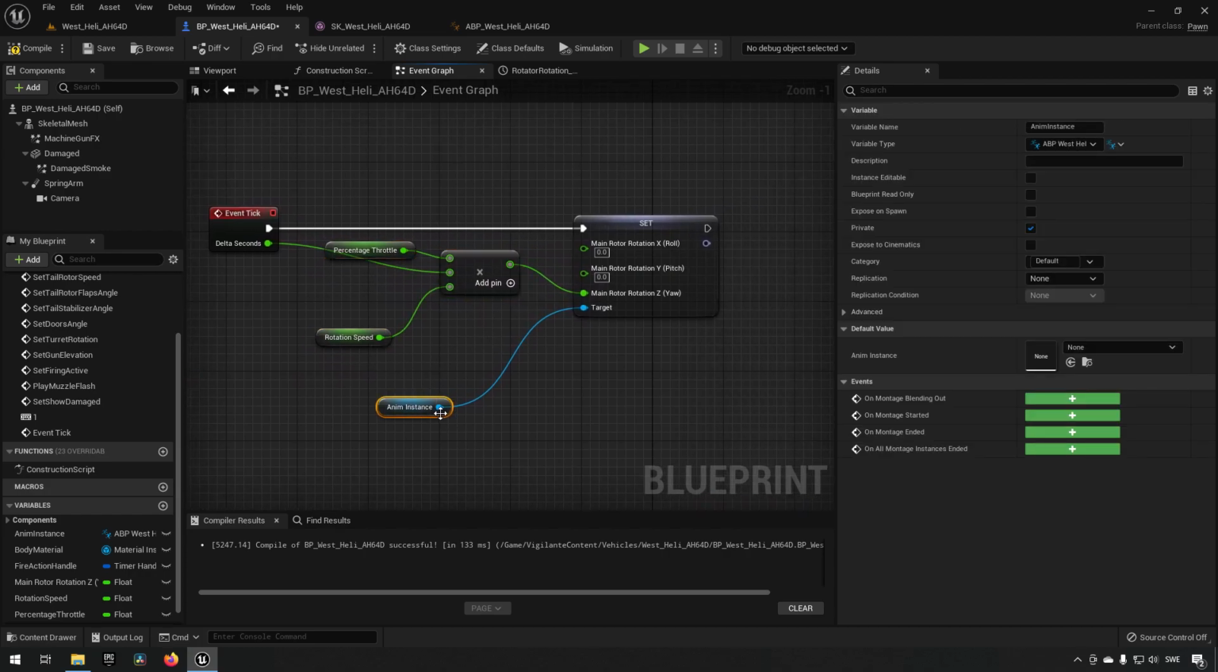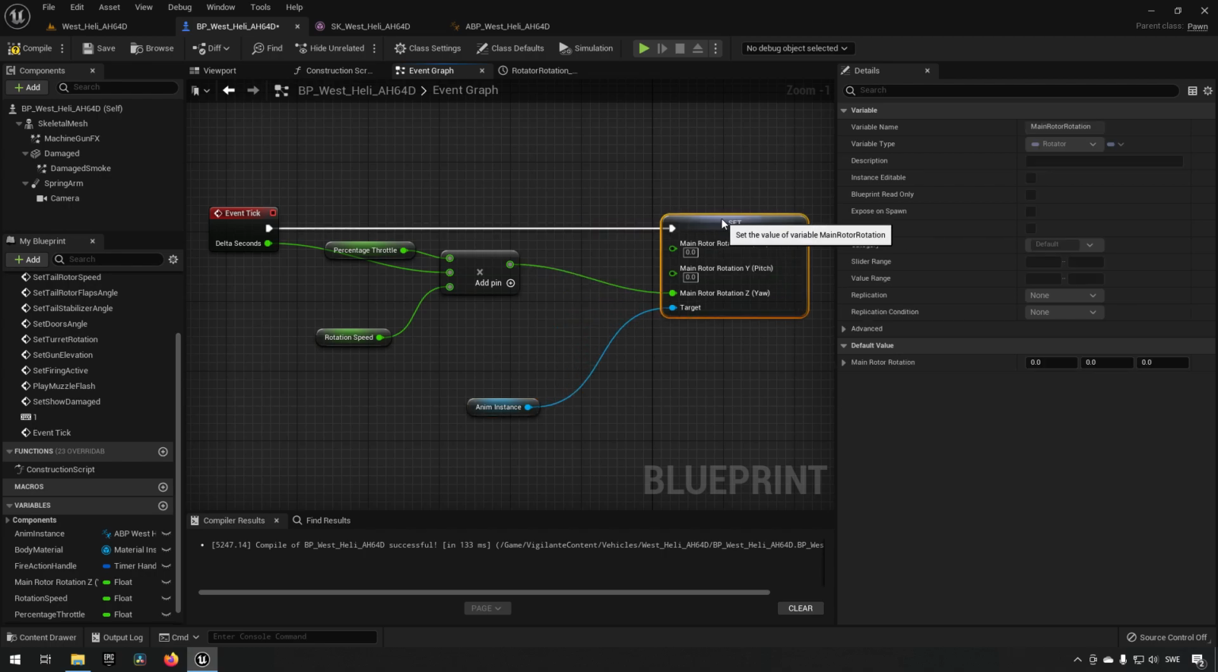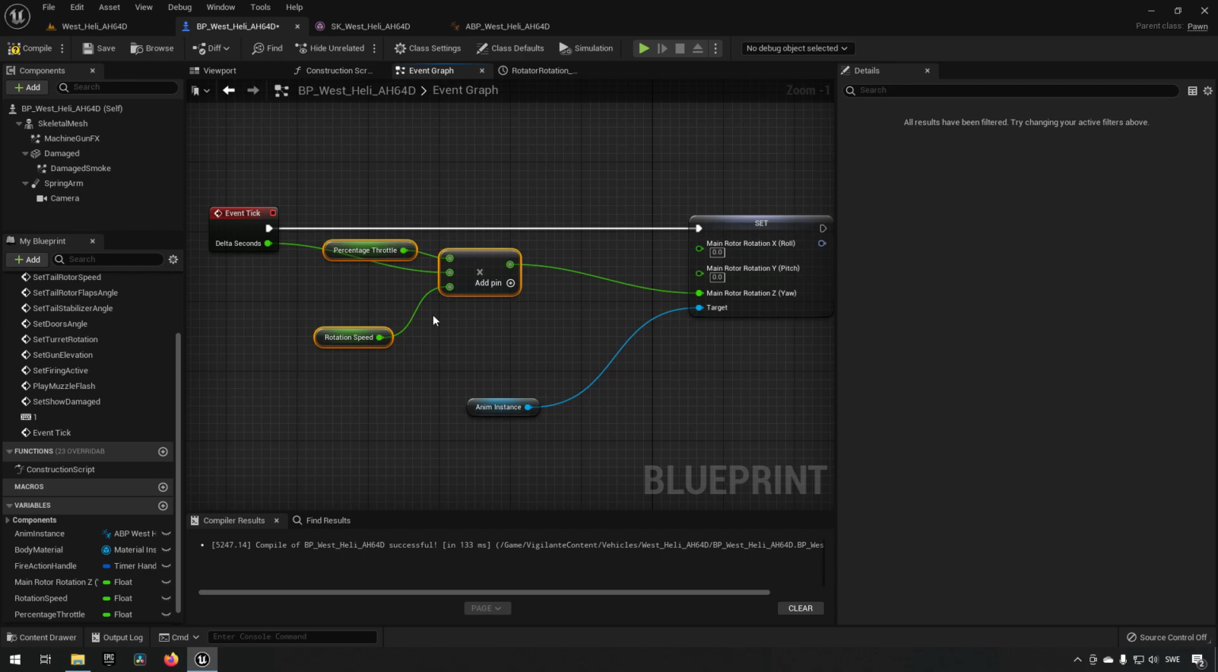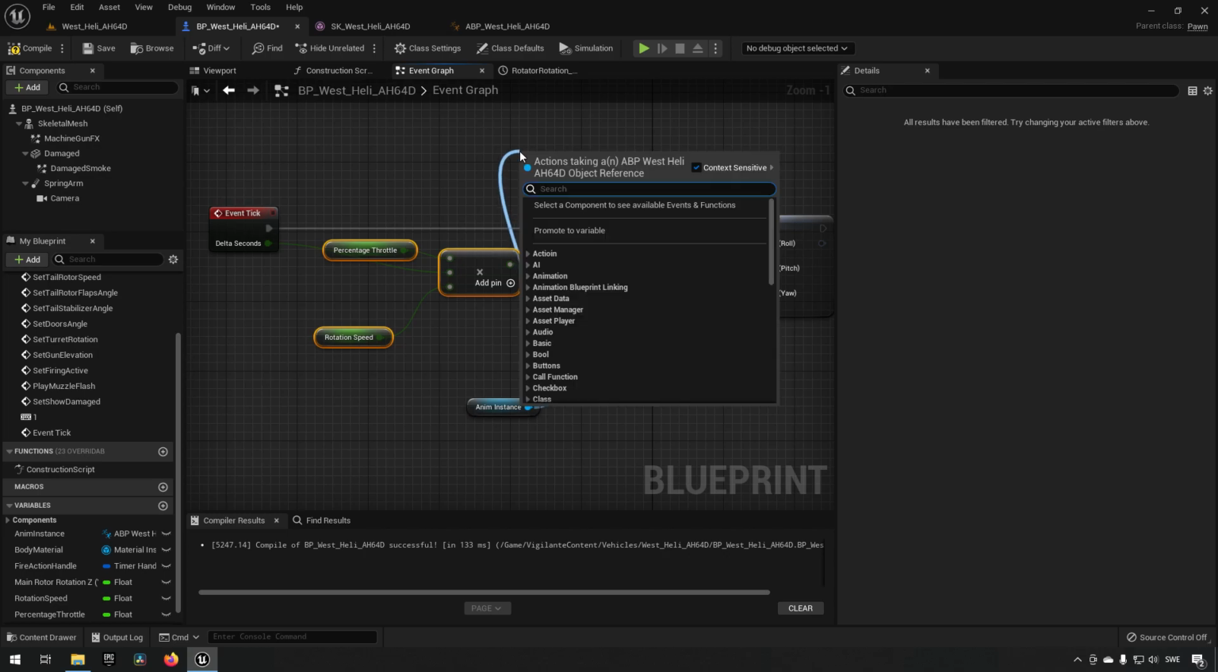The problem with this is that now we have a delta. This is essentially going to give us a fixed value, or it might vary a little bit depending on the delta seconds. But this is essentially a delta that we want to add upon something that already exists. So we want to actually get the